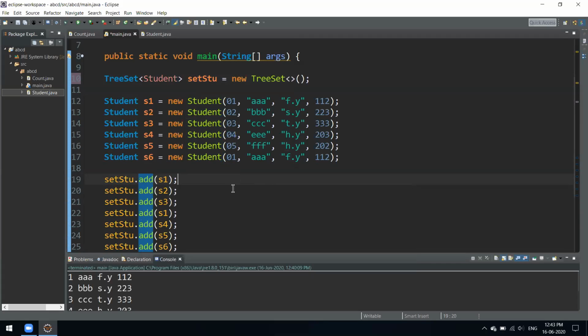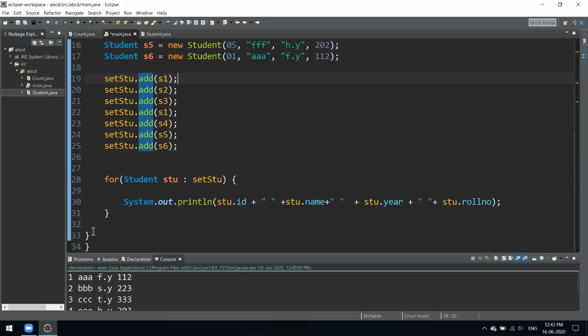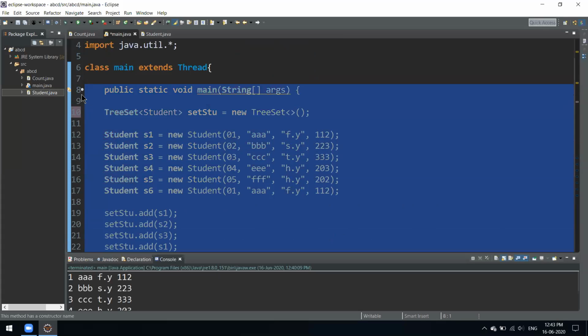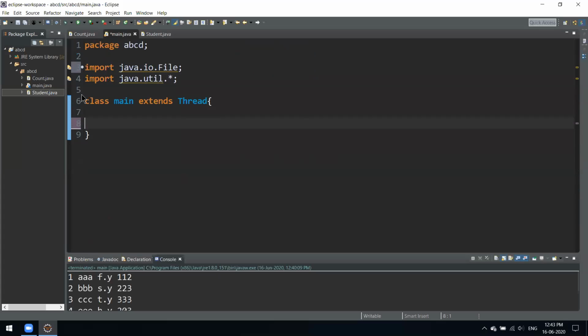Now let's just move forward. Let's see queue. We are done with list and set. Now let's see what a queue is. If you have knowledge of data structures, a queue is something in which we follow the concept of FIFO, first in first out.